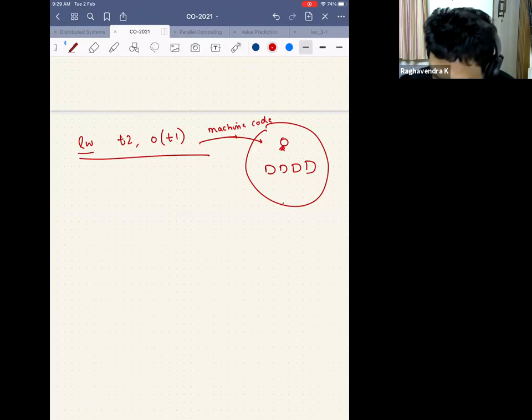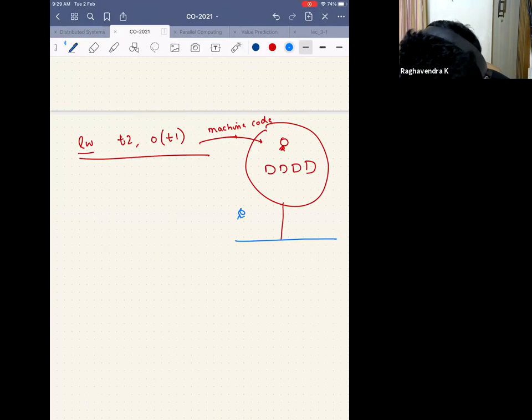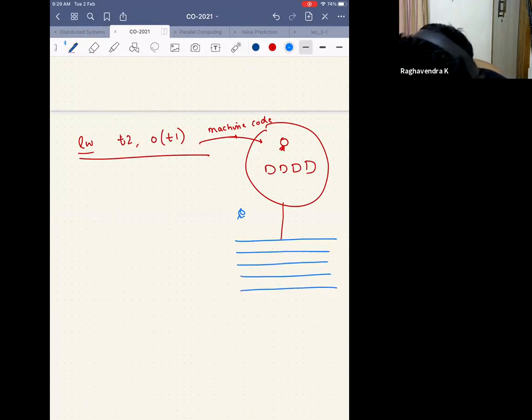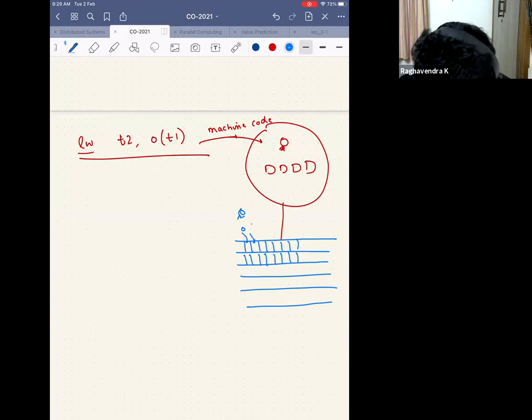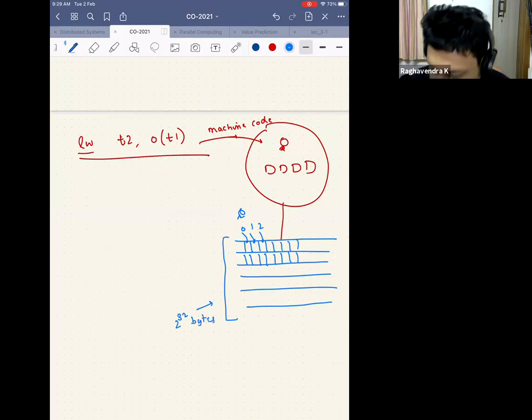And there is this memory, and this memory is byte addressable, which means that there are a huge number of bytes, just bytes and bytes and bytes of data here. The first byte is called the 0th byte. The address is 0. This is the second byte, this is the third byte, and so on. So how many bytes are in this system? In this MIPS system, there are 2 power 32 bytes.